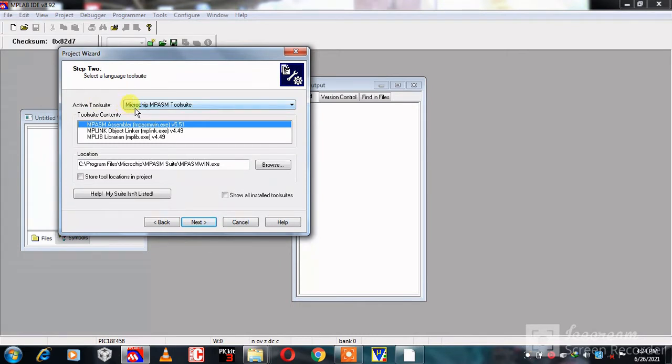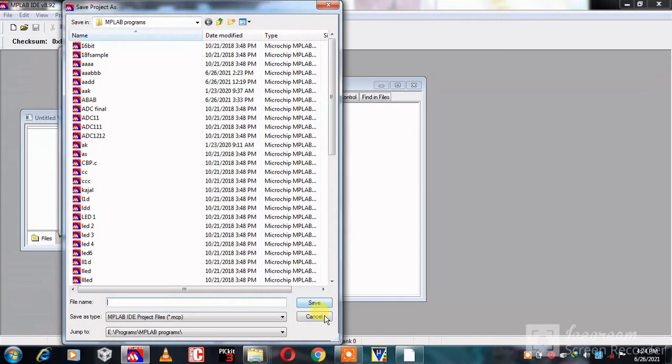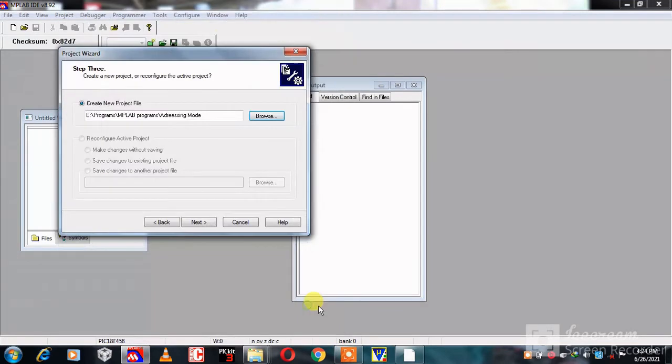In this window, select Microchip MP-ASM toolsuite and here select MP-ASM assembler, then click on next, then browse, give the file name, you can change this name, then click on save, then click on next.